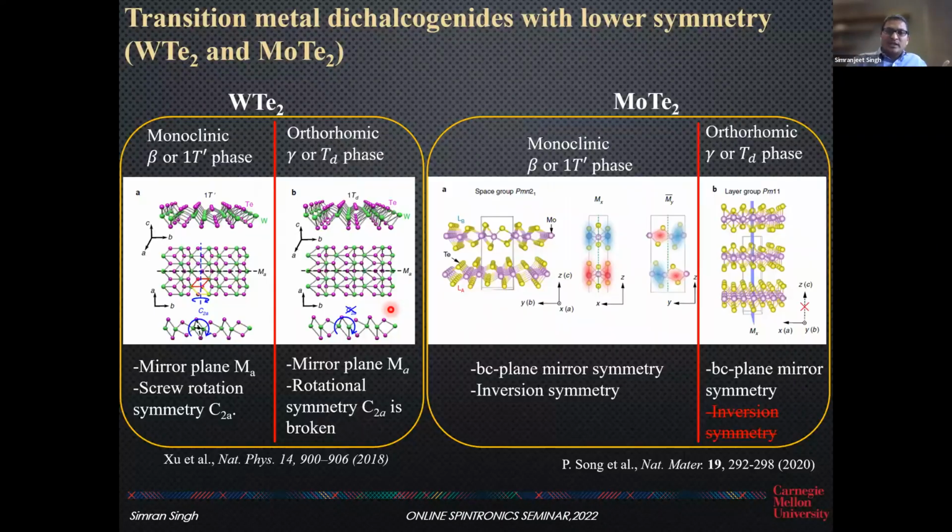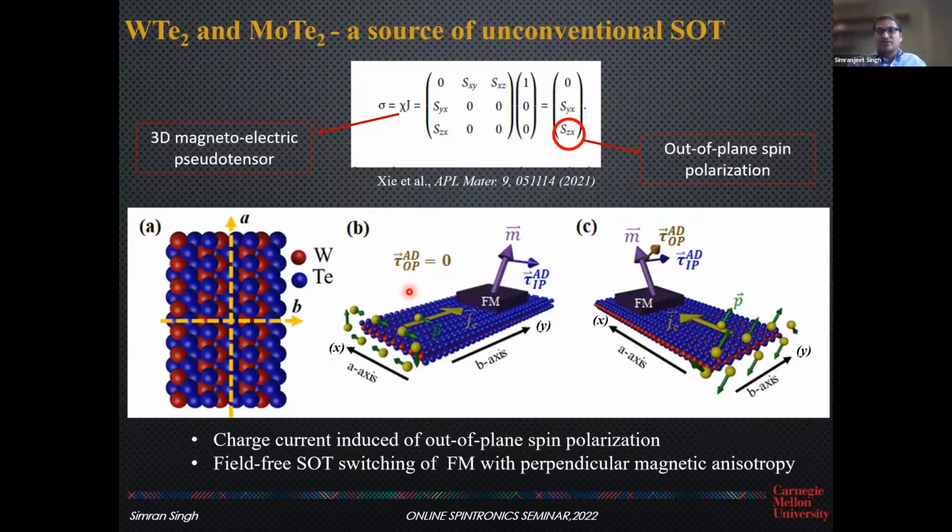So here you can see that if you apply current along the A axis, then you should be able to generate out-of-plane spin currents. But that is just a symmetry consideration, right? But you can do a more rigorous treatment. For example, here is